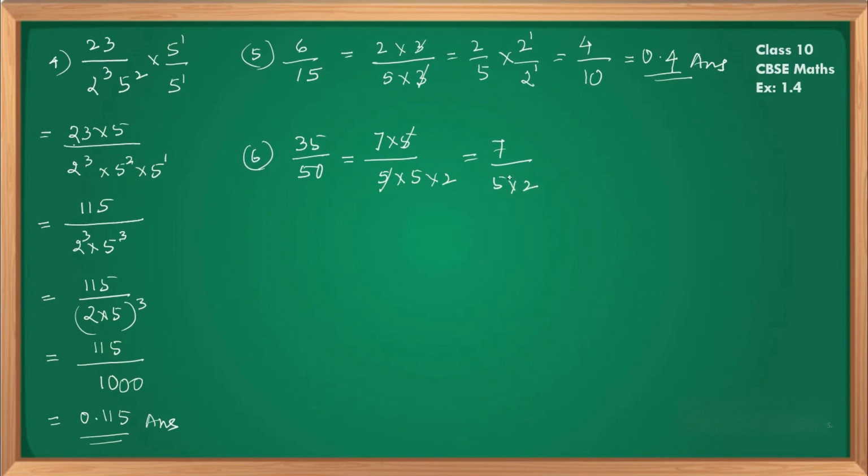Both have 1 as a power, therefore you can continue to the next step. 7 divided by 5 into 2 gives you 10. This will be equal to 0.7. We have 1 0 in the bottom, therefore take 1 count from the right. Put the decimal before 7. This is your answer. We have completed question number